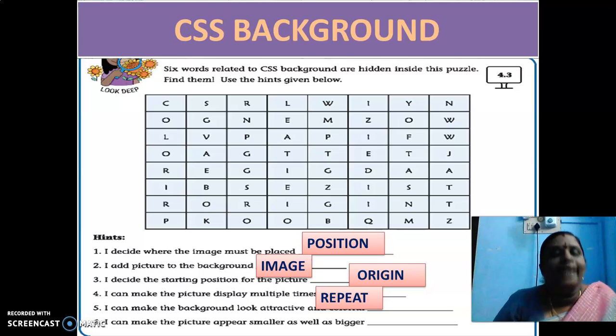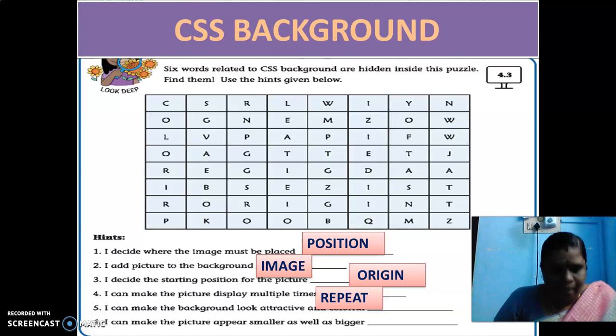Where is repeat here? See, R-E-P-E-A-T. Repeat. Please make a circle around this repeat.